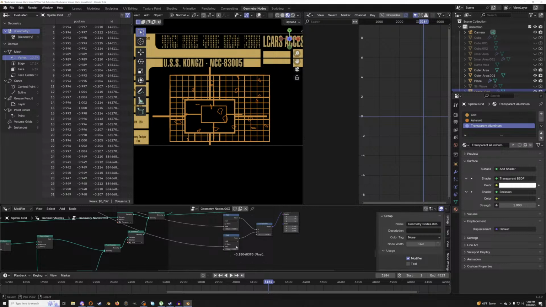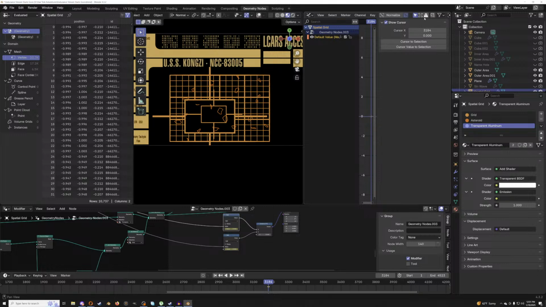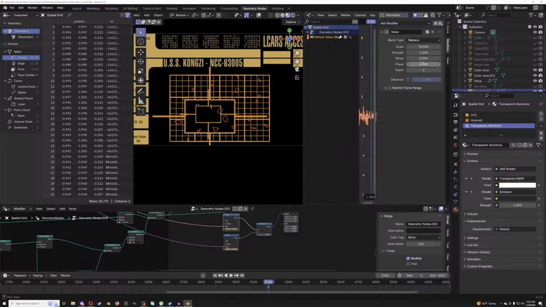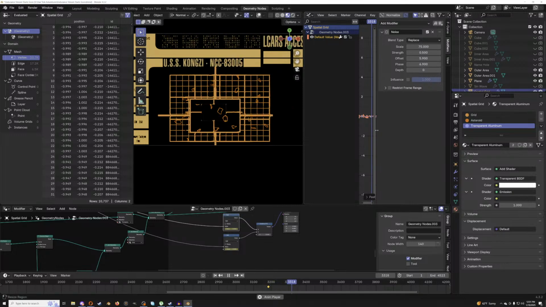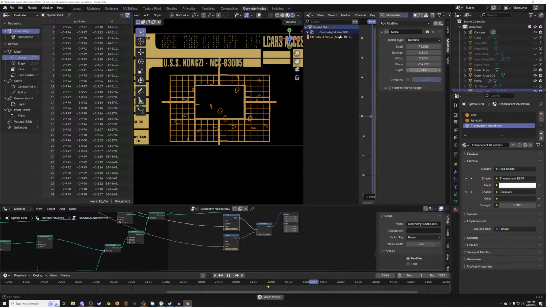Okay. So I'm going to press I to insert a keyframe on each of these. Then I'm going to click here. We're going to do another modifier. So we're just going to paste the modifier, but turn the strength down to like 0.5. So now it's got a little bit of its own randomness in the motion. And we're going to offset the phase a different direction so that the